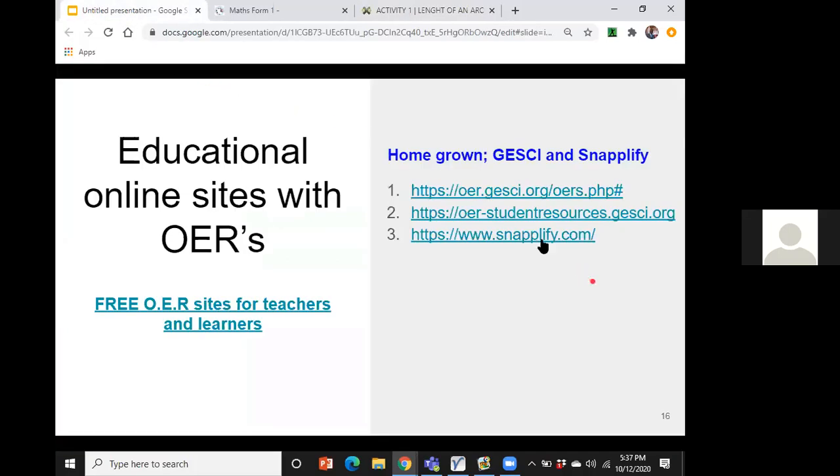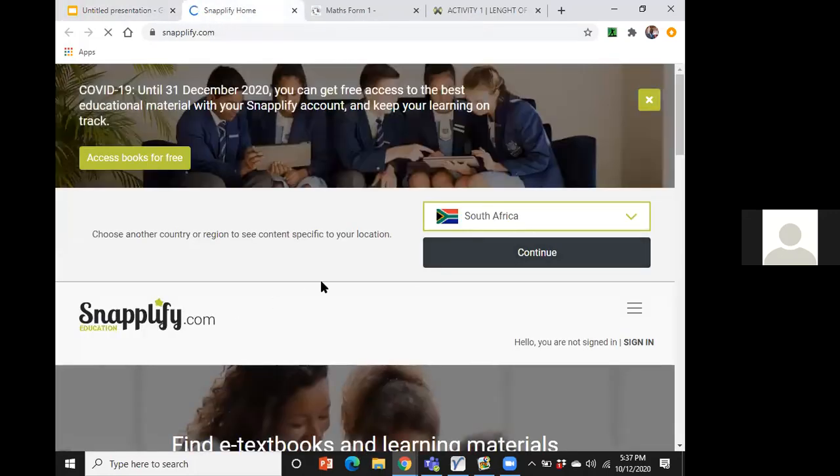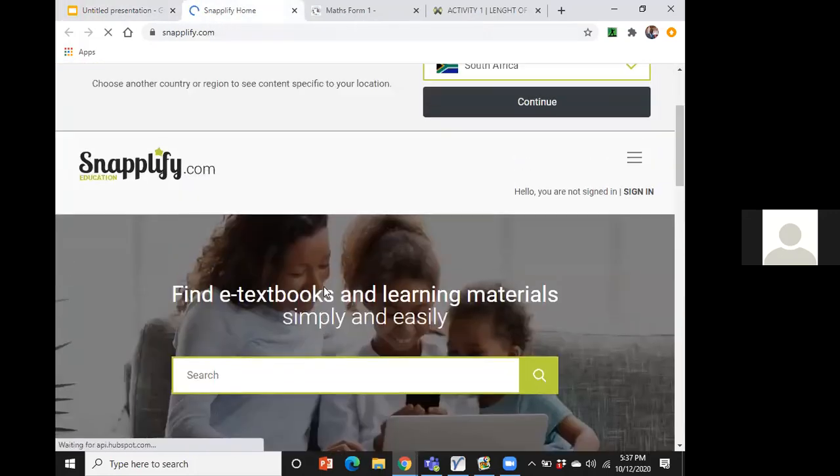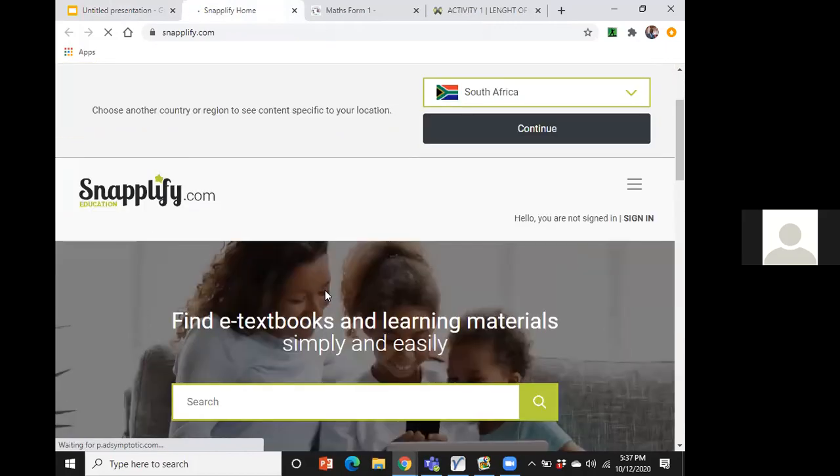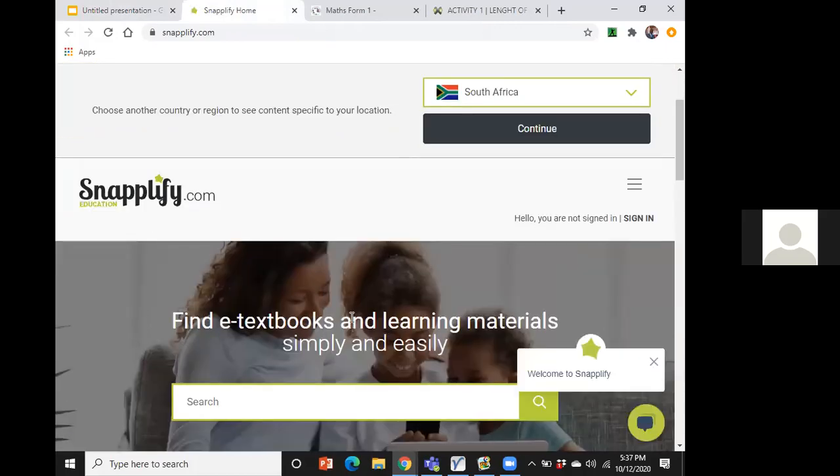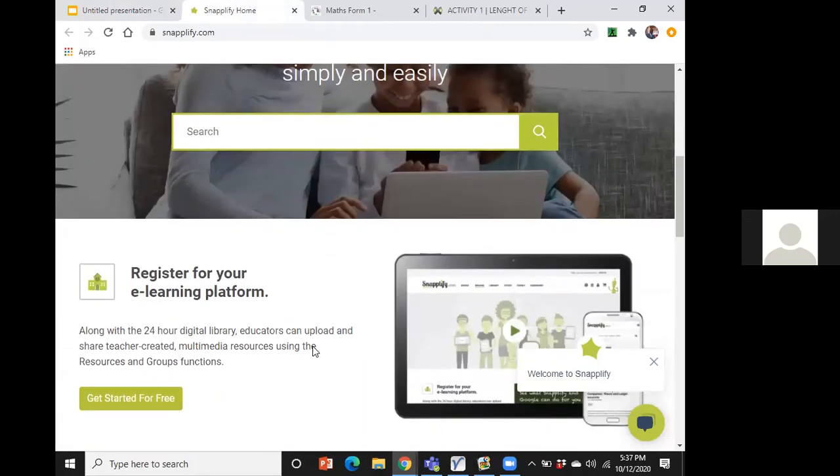We still have another homegrown open education resource site, Snaplify, which I talked about. Snaplify gives you a wide range of books for free. You can download so many ebooks here. This is a company that has partnered with local publishers to put books onto this site for free, and some you pay a very small amount. Other than buying a textbook at 500 shillings, you can get it at 50 bob, and you have the book. You can access it at any given time.